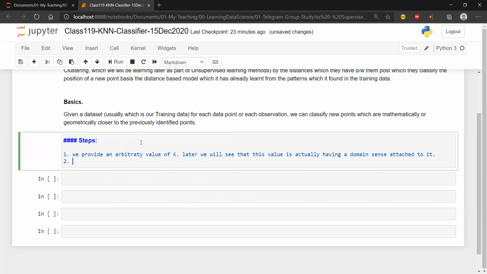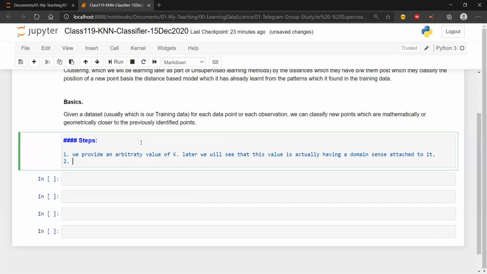If you're working in some other domain, let's say the telecom domain, you might select a value of k equal to 5. If you're working in the medical domain, you might select k equal to 3. So depending on the area in which you are working, the value of k might change. It's kind of a subjective thing, and we will understand later how that comes into the picture.